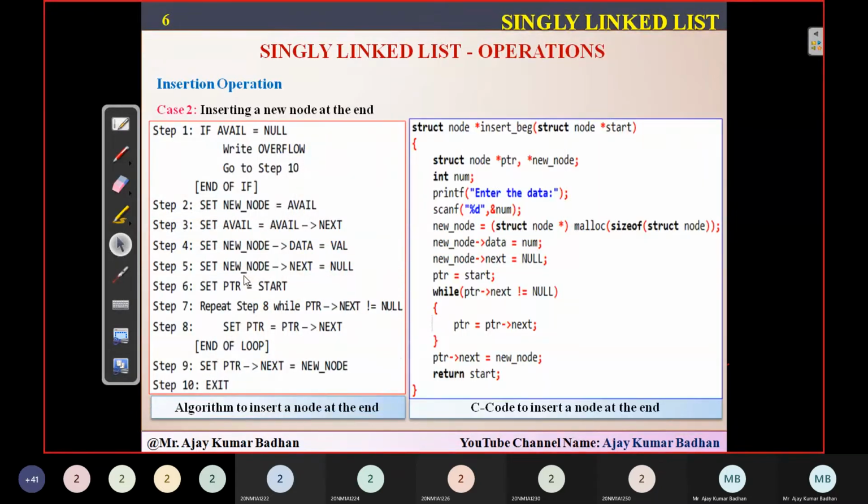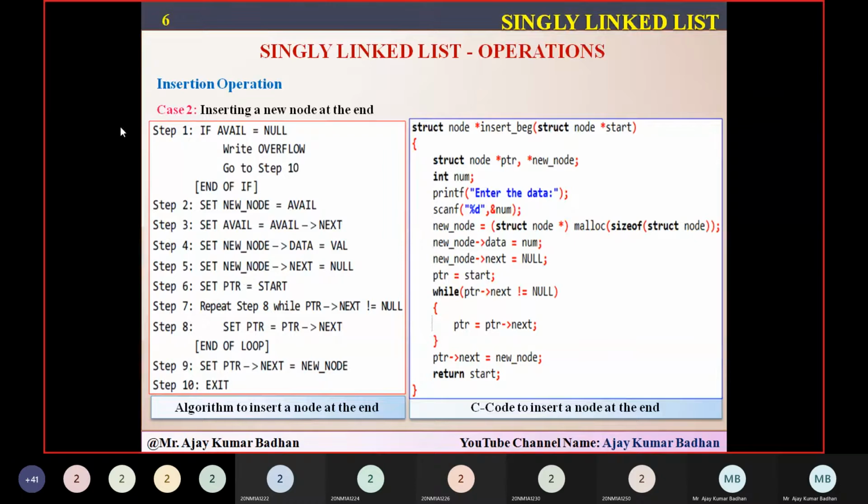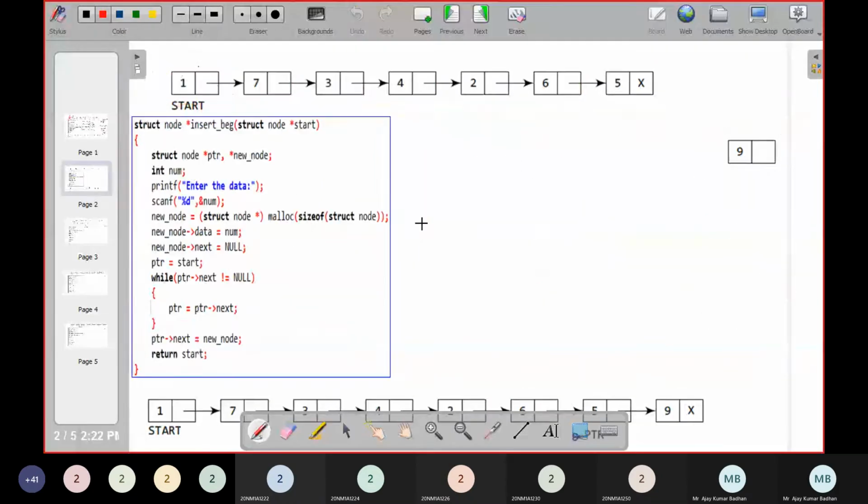So this is the algorithm here. I will show you here only. This is the code for this. You can see here. Same like the previous one, we can perform something like: what is the address? I wanted to give an address for the same, 100. This time 200, 300, 400, 500, 600 and 700.